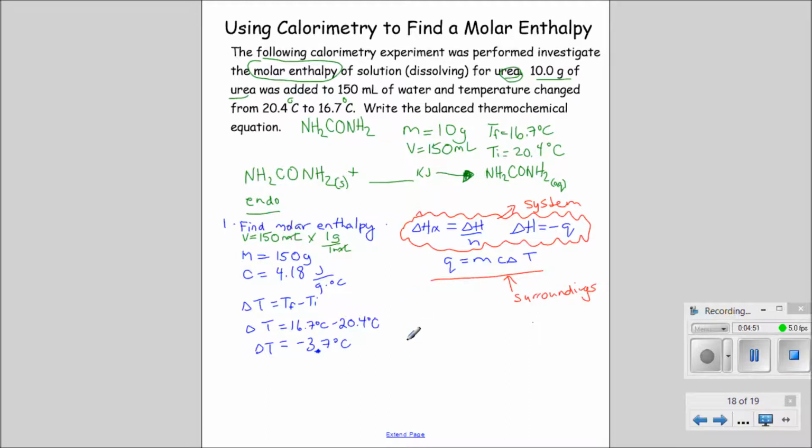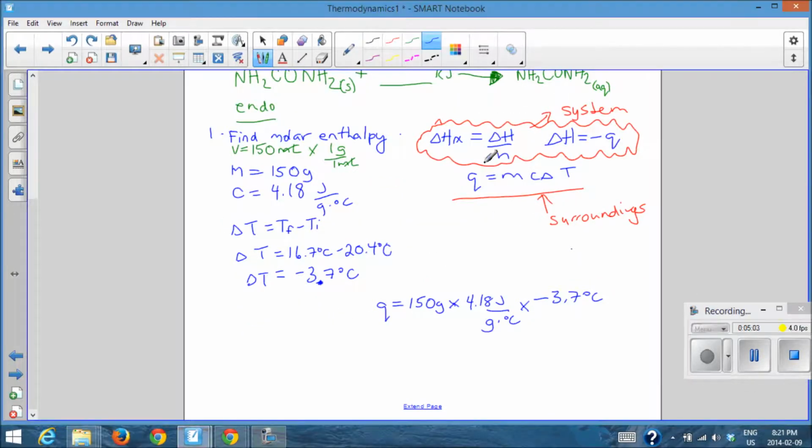So now all you have to do is plug your numbers in. So let's do that. We have Q equals mc delta T: mass, the specific heat capacity, and the change in temperature. Let's plug them in and find an answer. I've simply plugged in my numbers: my mass 150, my c 4.18 joules, and my temperature change negative 3.7. So our answer is